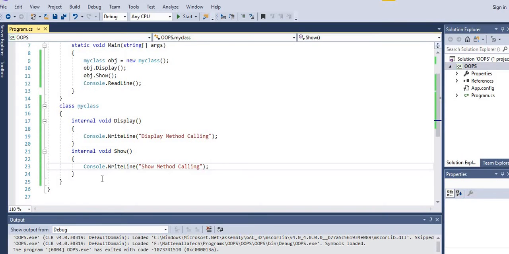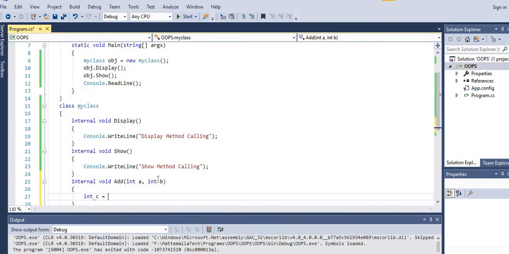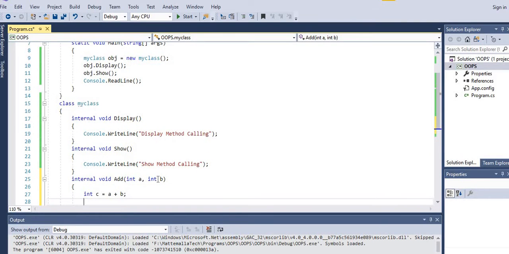I will write another method in the same class. That method is the add method. This add method has some input values. Just observe what data type we are using.